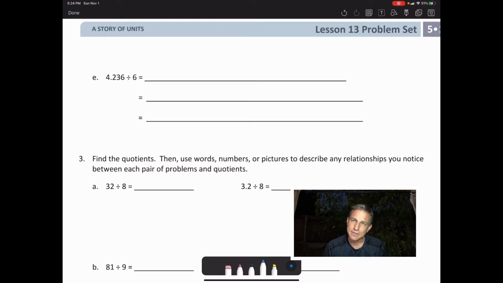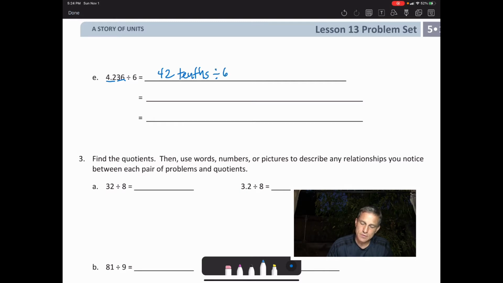What we can do to make this a little simpler on us is divide the units up into ones that are easily divisible by 6. So if I look at 4 and 236 thousandths, I can split it up into 42 tenths plus 36 thousandths. So I can do 42 tenths